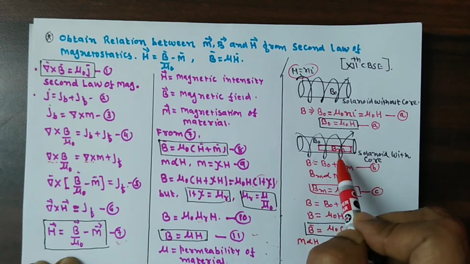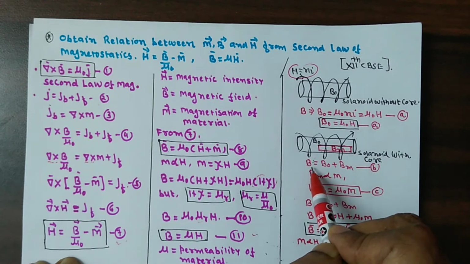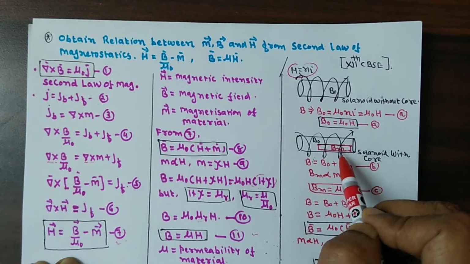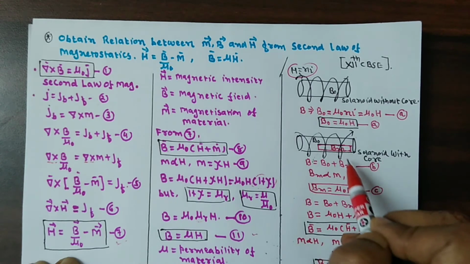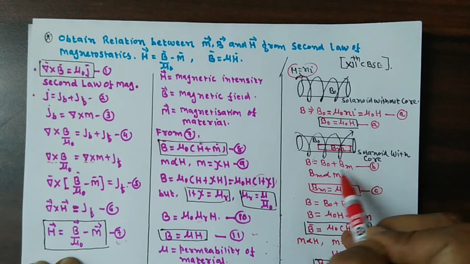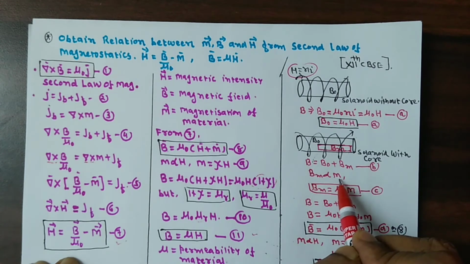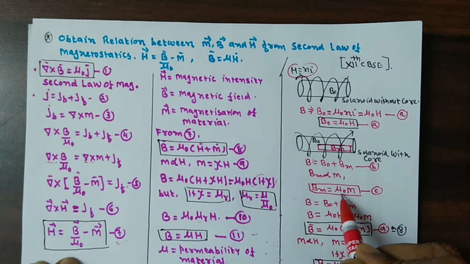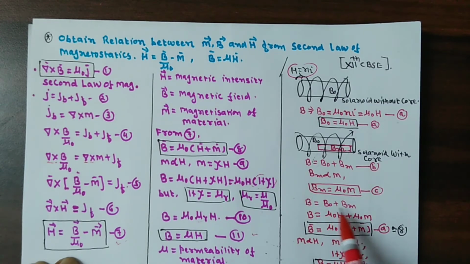Now you introduce a solid iron core inside it. So total magnetic field is equal to initial magnetic field plus Bm. What is Bm? It is magnetic field inside iron core. Okay, so B0 plus Bm. Now Bm proportional to M, magnetization. So Bm equal to mu 0 into M. Mu 0 is the permeability of free space. Okay, so B equal to B0 plus Bm.